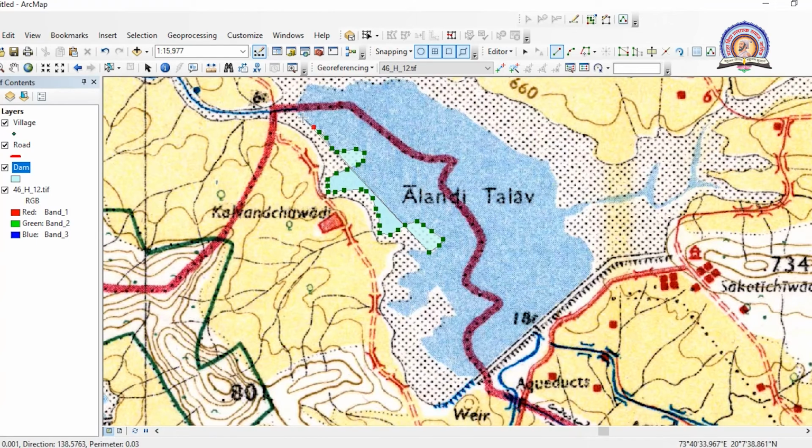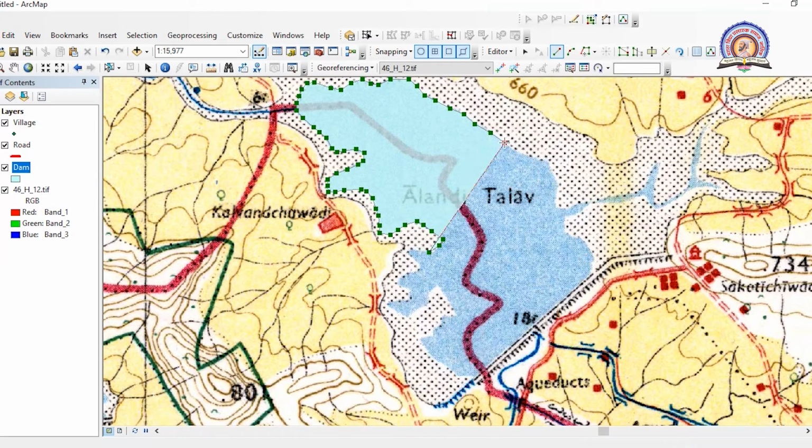And once you have digitized this, you can get the shape length, you can get the perimeter, as well as with the help of this you will be able to identify the entire catchment area of this talab. So this is what the importance of software is all about. By simply digitizing it, we are able to identify its perimeter, its area, its depth, and so on.